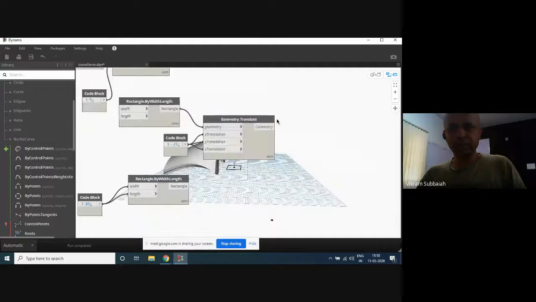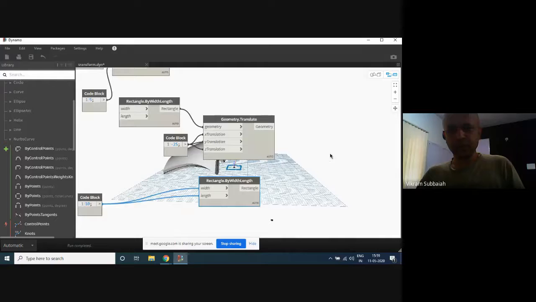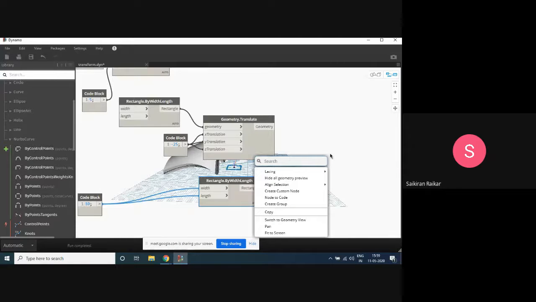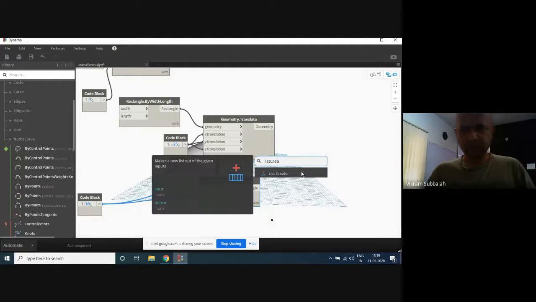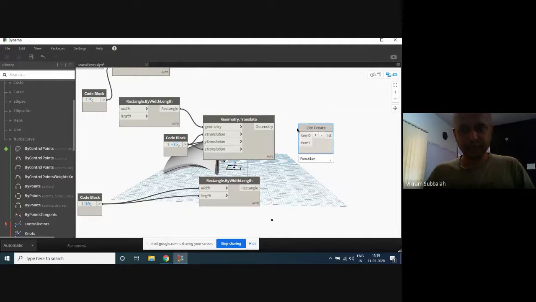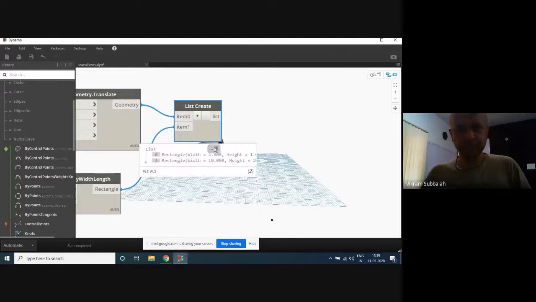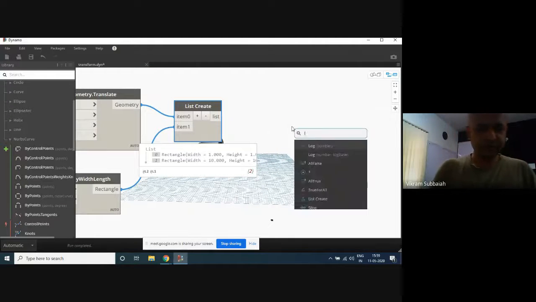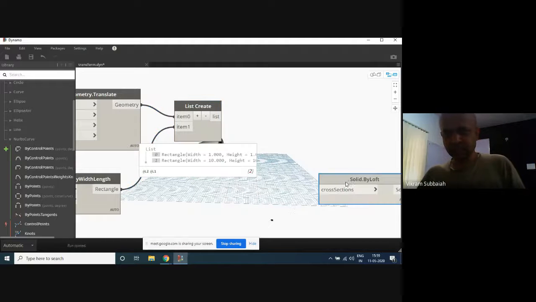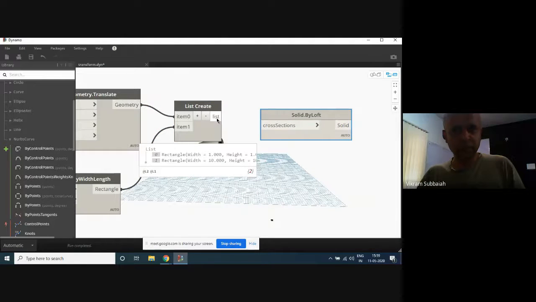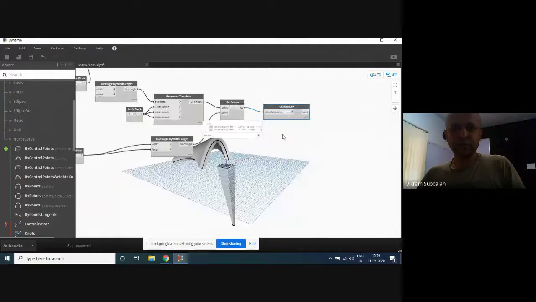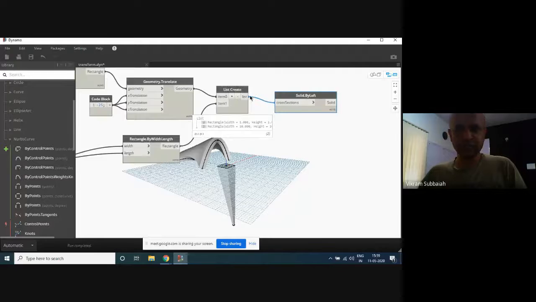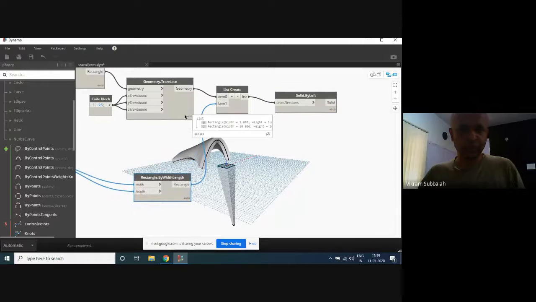Now, if I create a list, you need two profiles, by the way, for a loft minimum. Now if I've got these two profiles in a list and I say loft, the cross section, you can either loft as a solid or a surface. It just creates this thing. It joins these profiles.